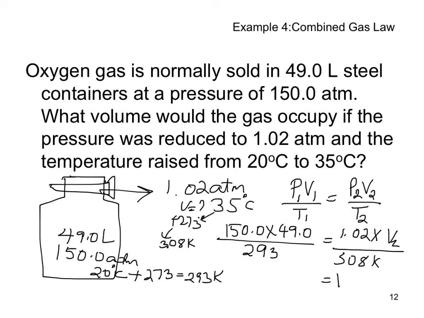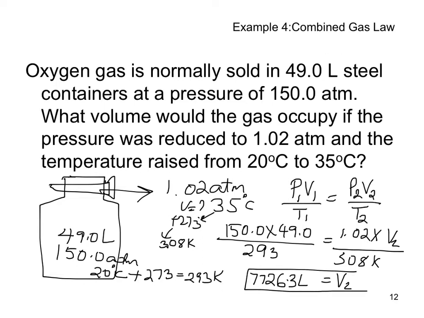So we are going to solve for V2. I am going to punch in on my calculator 150 times 49 times 308 divided by 293, which comes out to be 7726.3